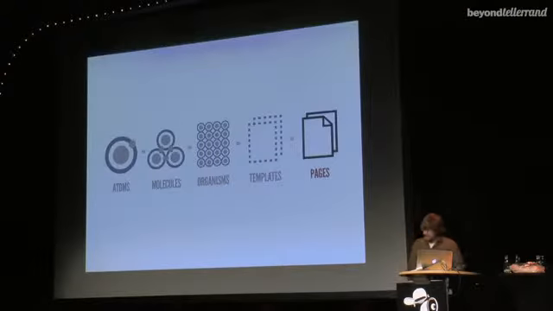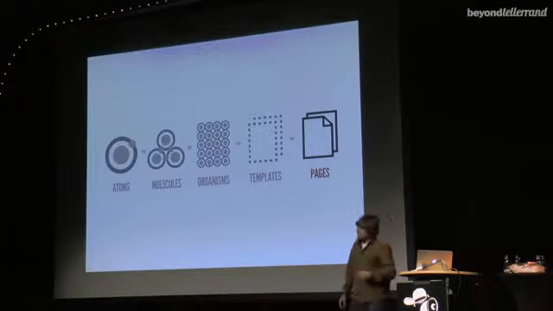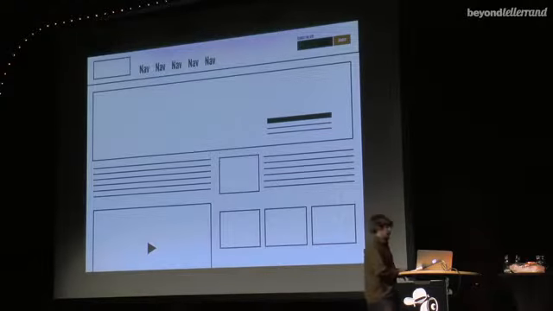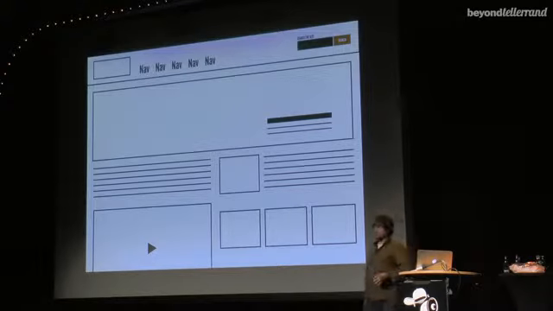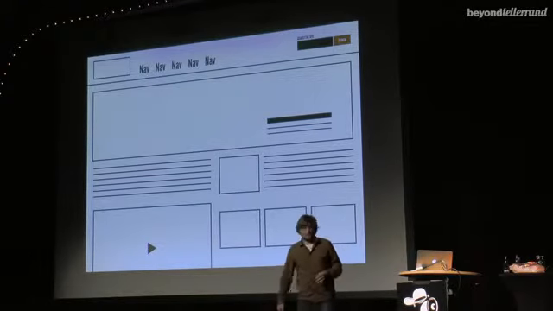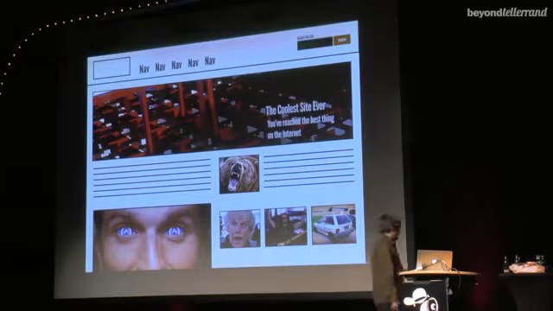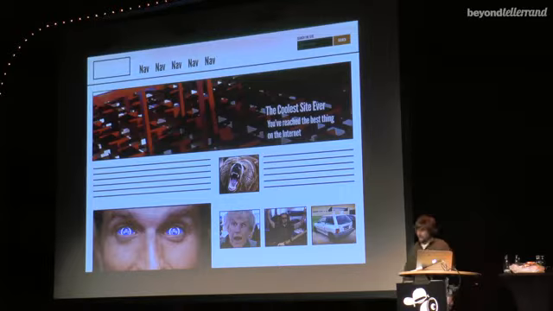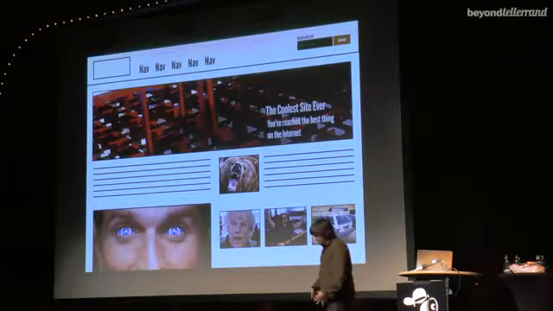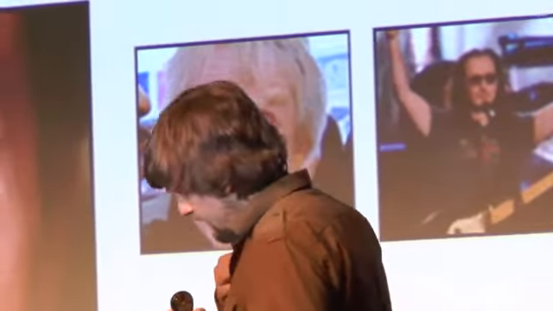And then the last stage is this concept of pages, right? So now we have our templates in place with some sort of lorem ipsum and some basic stuff, and then bam, hit them over the head with the awesome, right? The stuff that's in context, the stuff that we're